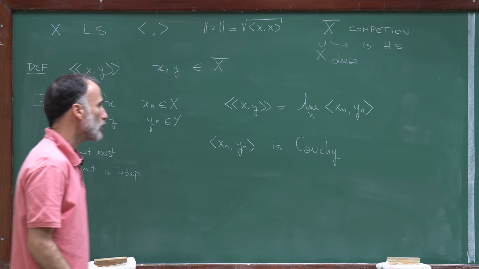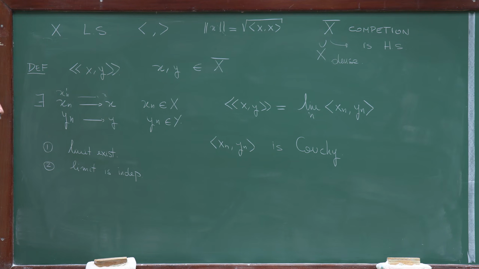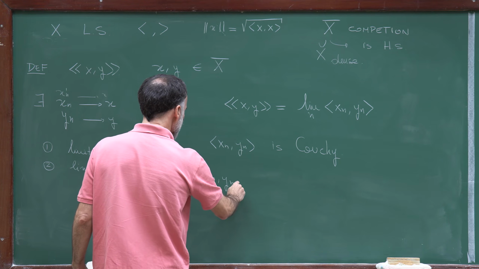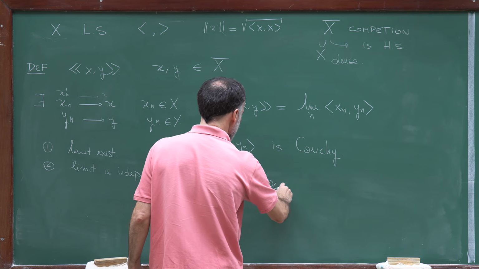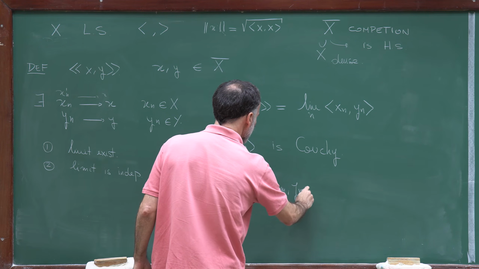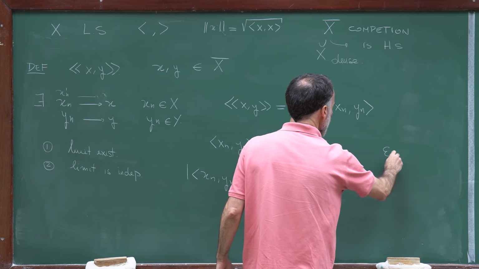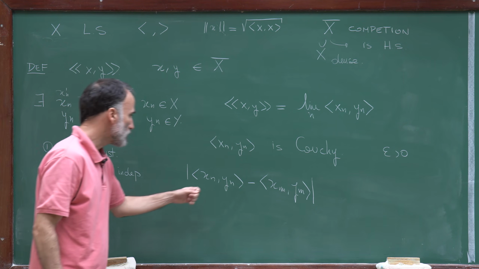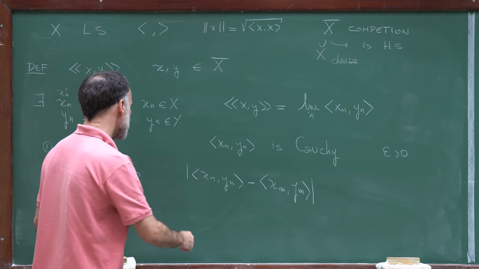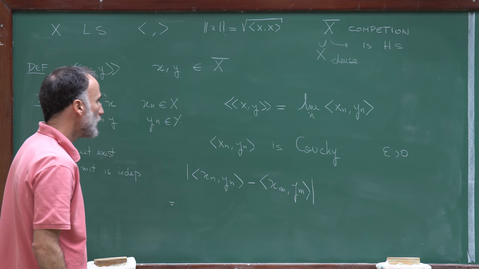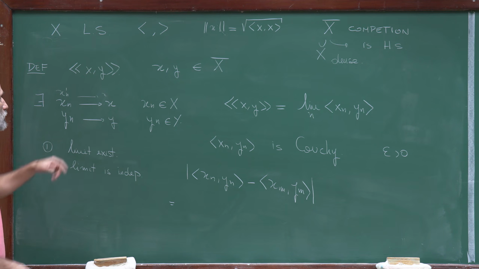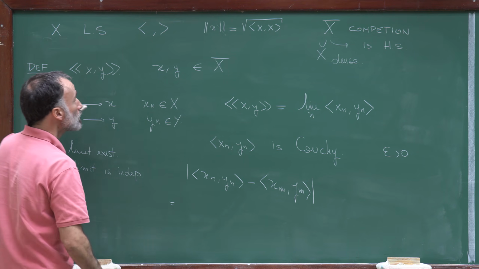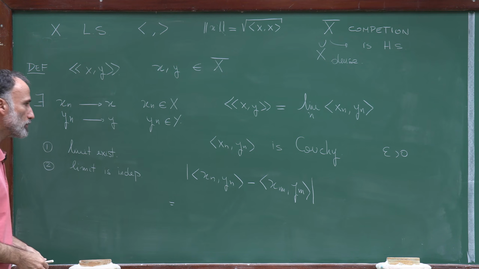So to show that the limit exists, what I claim is that (xn, yn) is a Cauchy sequence. And this is a sequence of complex numbers, so if it's Cauchy, it converges. So I have to compare (xn, yn) with (xm, ym). And for that, let me fix some epsilon positive, and I want to show that this difference is bounded by epsilon if n and m are large enough. Well, remember, xn is converging to x, so this is saying that xn is a Cauchy sequence with respect to the norm, the original norm.